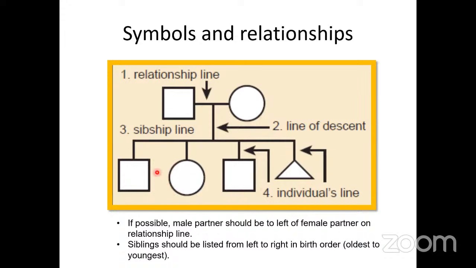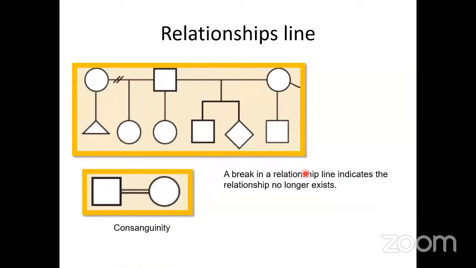Conventionally, whoever is written first is the oldest, and the last one is the youngest. So this is the convention. Now, let's come to the relationship line. If there is a break in the relationship line, like this,